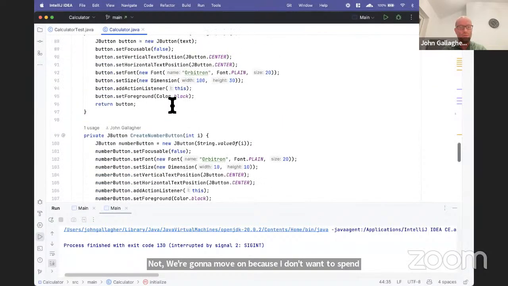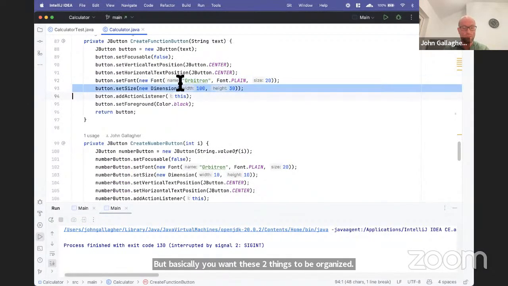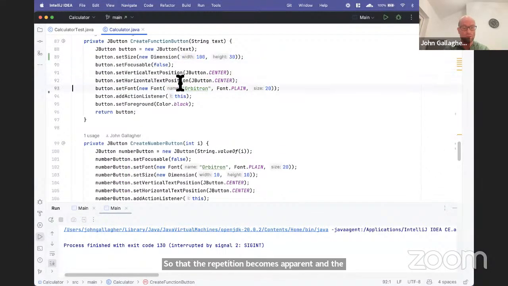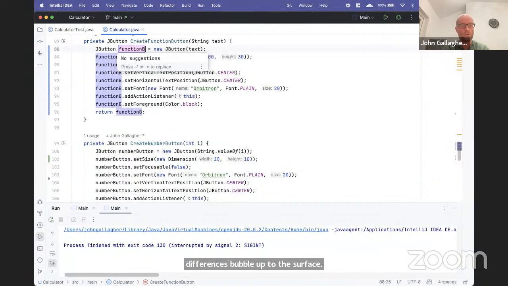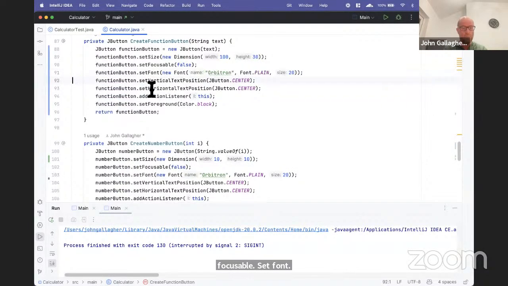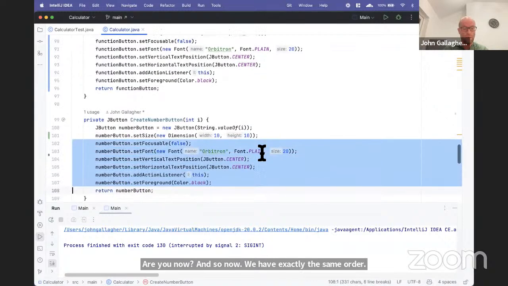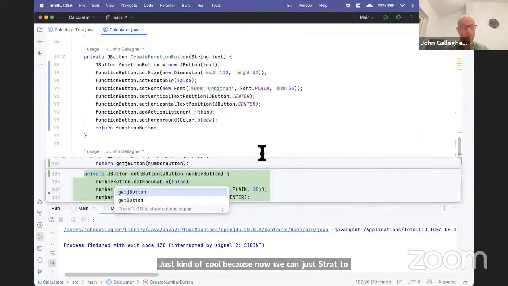that. But basically, you want these two things to be organized so that the repetition becomes apparent and the differences bubble up to the surface. So I'm just going to refactor that. Function button. Set size, set focusable, set font. Move that up. And so now we have exactly the same order and we have the difference at the top, which is kind of cool because now we can just extract a method that says